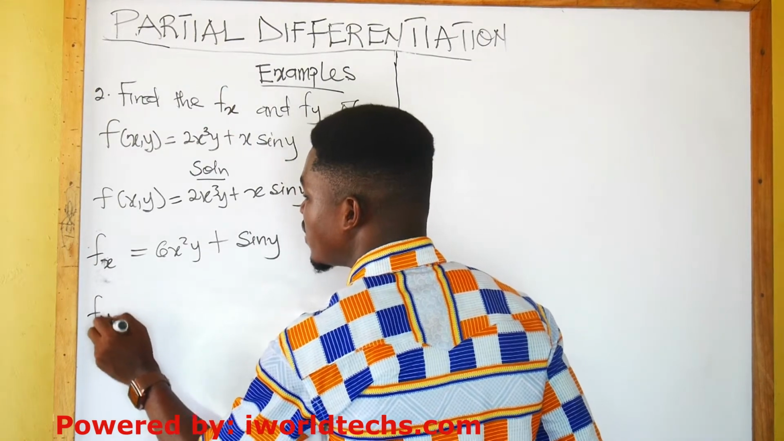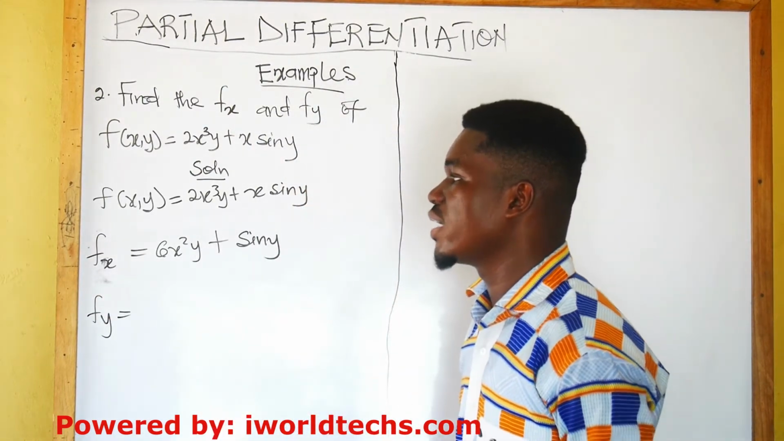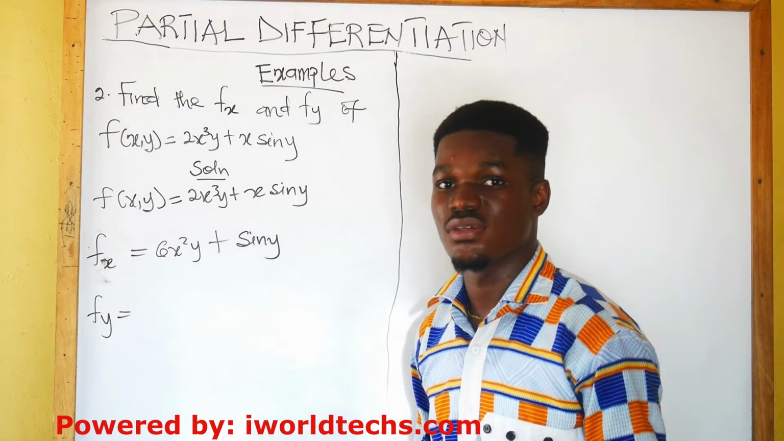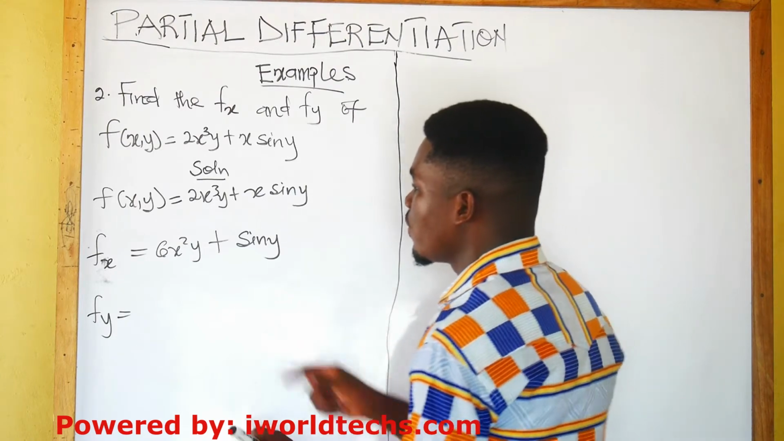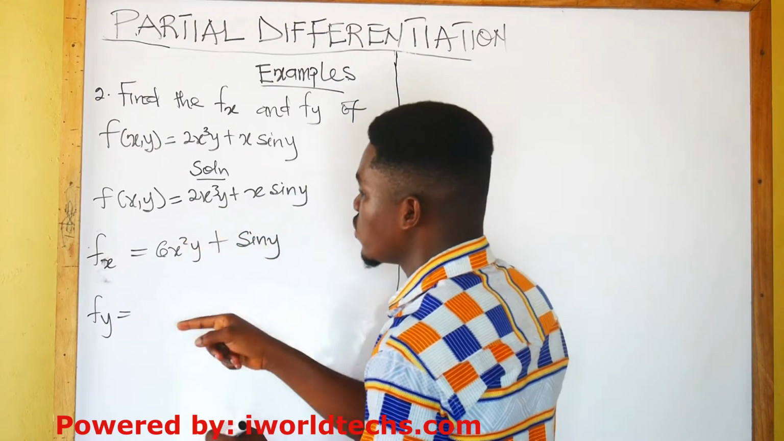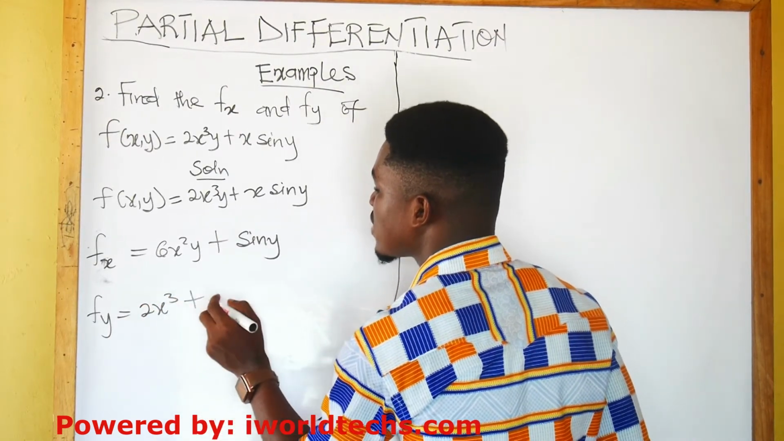Also, for the partial derivative of this function with respect to y, this means that we will hold x constant. The partial derivative of this part, 2x cubed y, with respect to y will be 2x cubed plus,